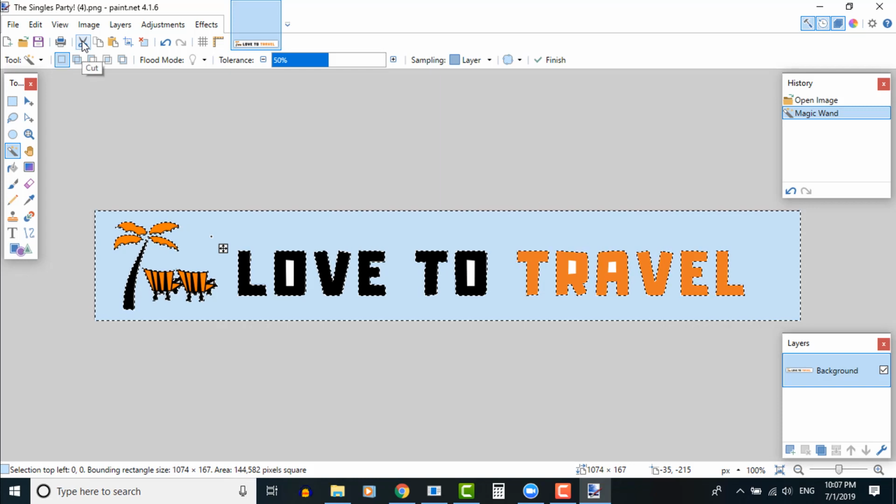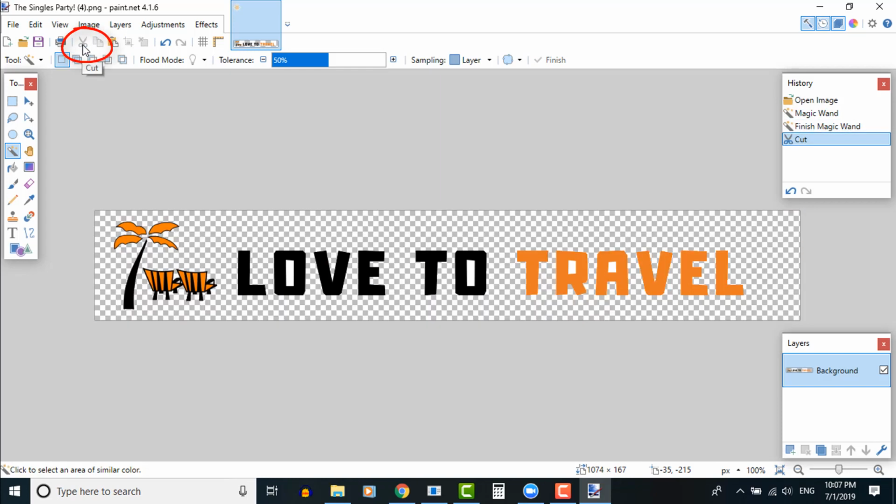We come up and select cut, and there's just a couple of little inserts on the letters we need to do. So we just do the same thing, click inside to make it transparent. We don't want those white. Cut, same here, cut, and the same with these last two. Cut